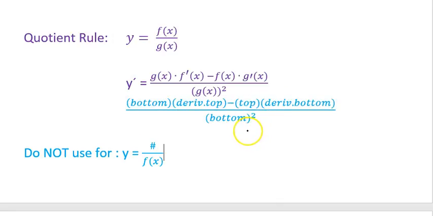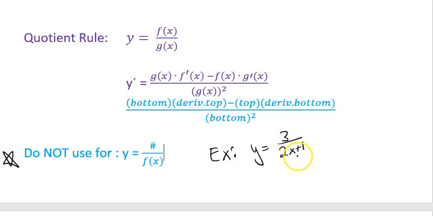Now, I am making a note here, put a big star, and on your paper put do not use for y equals a number over f of x. And what I mean by that is, for example, if I had y equals 3 over 2x plus 1, and the top doesn't have any x's with it. If the top doesn't have any x's with it, I mean, you can do the quotient rule, but you're going